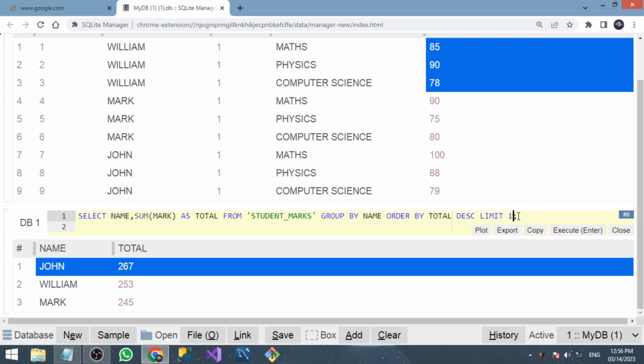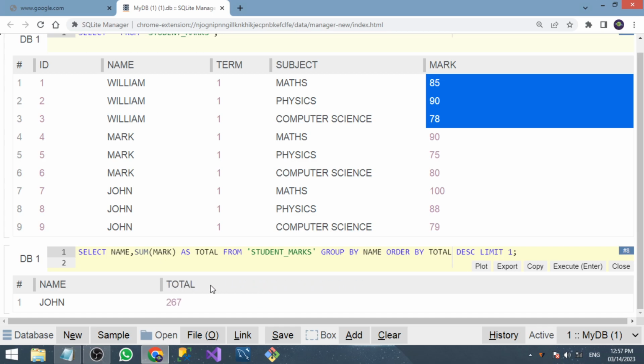So limit means we are getting the result of a particular number of records. That's what it means. When we give 2, we will get these two students. When we give 3, we will get all these 3 students. If we have more data, we can mention the number of records we want to get in the result. Okay, so now if I execute,